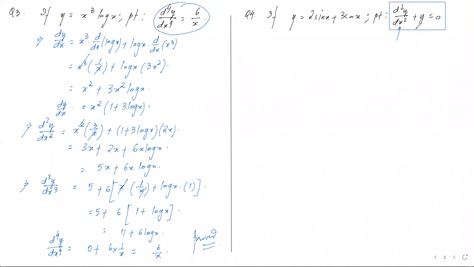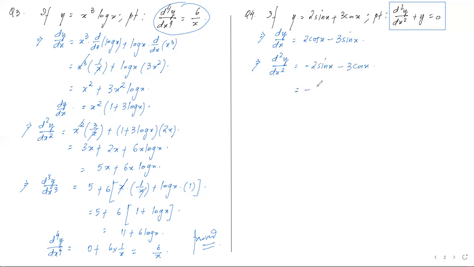So here we can see that we need to bring this double derivative term. So anyhow, we need to differentiate the function twice. Differentiating it the first time, this is 2 times cos x, and this will give us minus 3 times sin x, because d/dx of cos x will give us minus sin x. Then differentiating it again, d2y by dx square, this will give me minus 2 sin x now, and this is minus 3 times cos x.